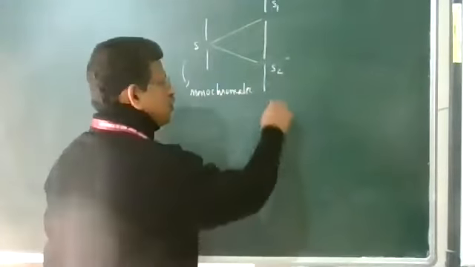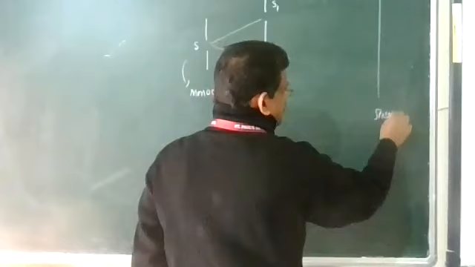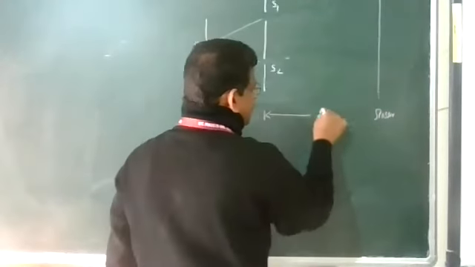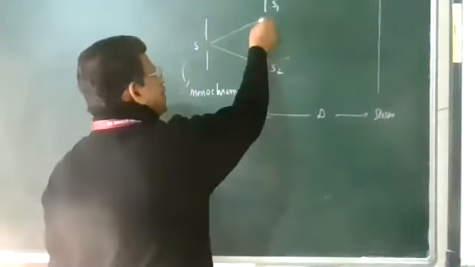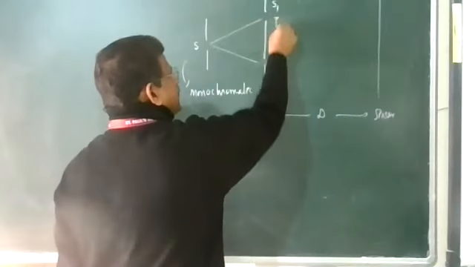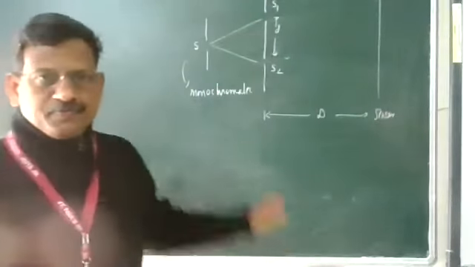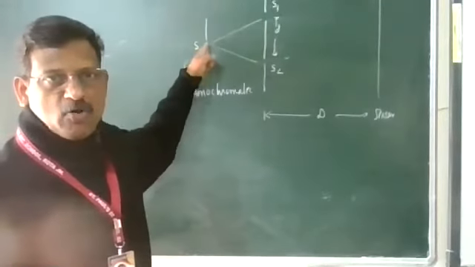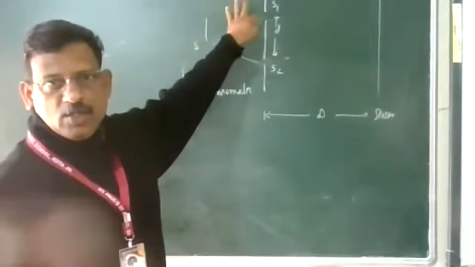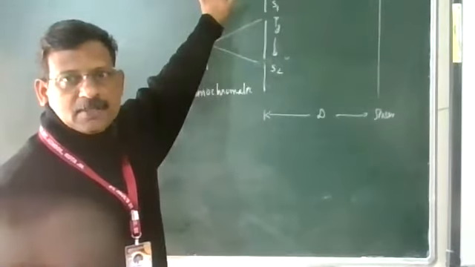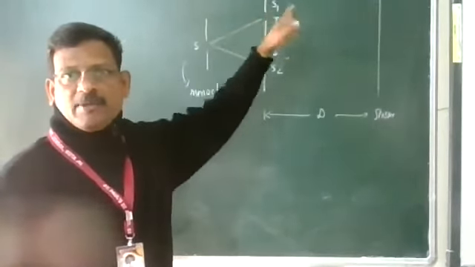So S1 and S2 are coherent sources, and we are keeping a screen. A screen is placed at capital D apart from the coherent sources, and small d is the distance between the coherent sources. This is the experimental arrangement. So you have a small slit, a source is kept here, the light is coming from here, and two slits are made in the cardboard, other parts are blocked. So they are equidistant, so they are in phase, they will emit continuous waves.